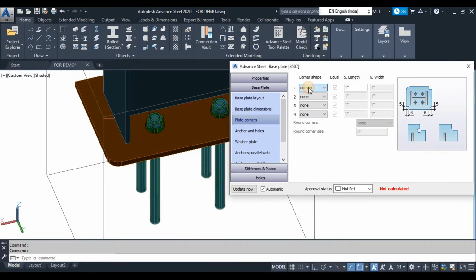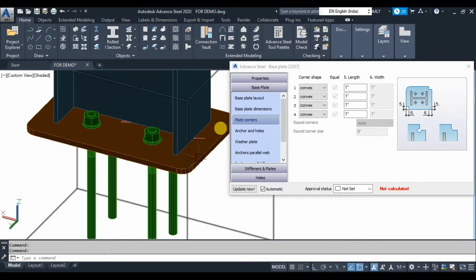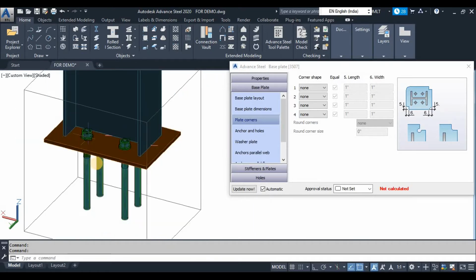In a similar way you can apply it to all corners as well. Generally we are not giving any convex or concave shape here, so we'll keep it none. But if a project needs plate corners, you can add them from here.